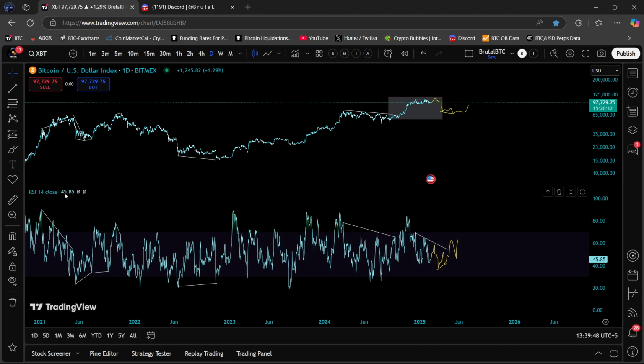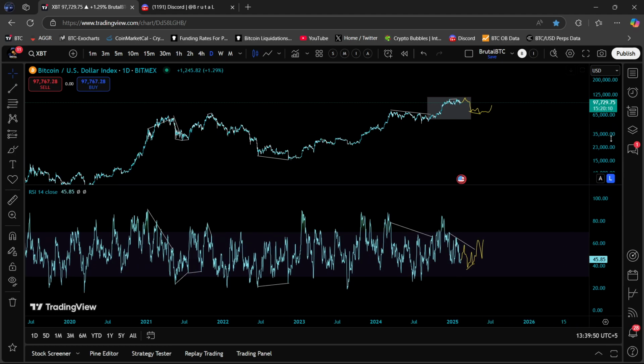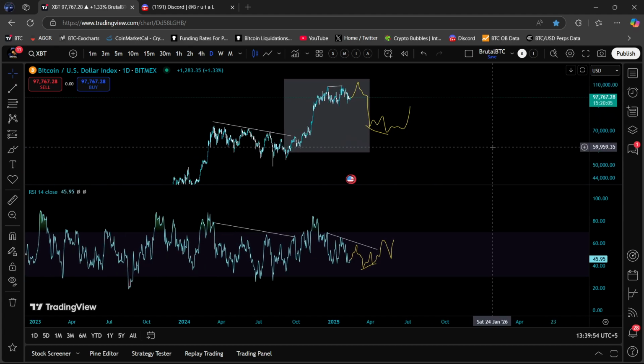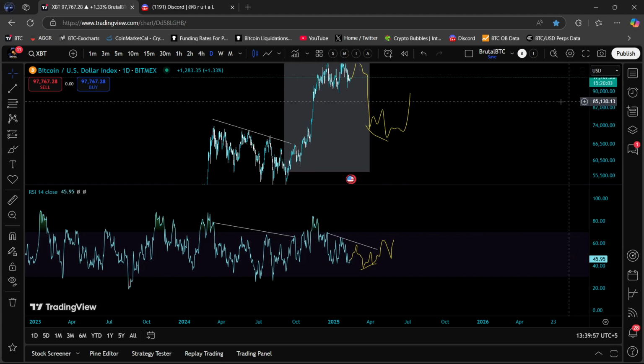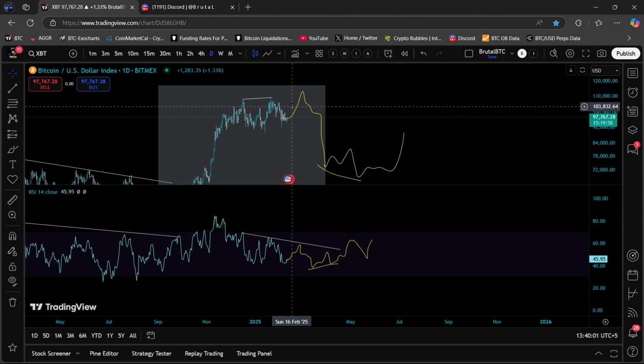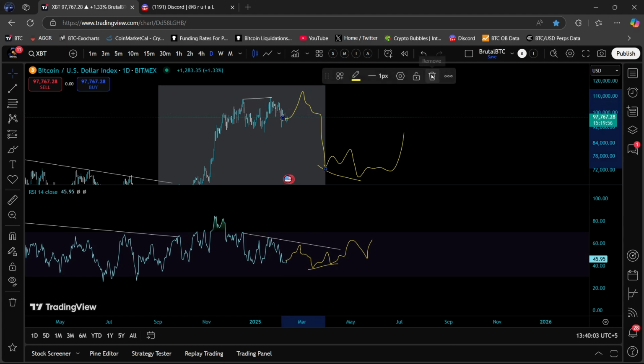So I think the update is pretty clear that the probability of one more all-time high is, yeah, possible. And even if there's no all-time high, if the price goes back somewhere,